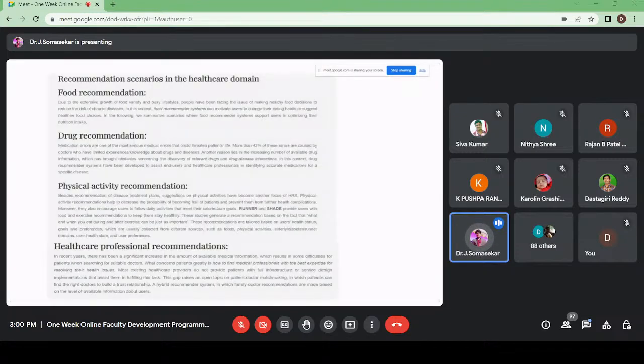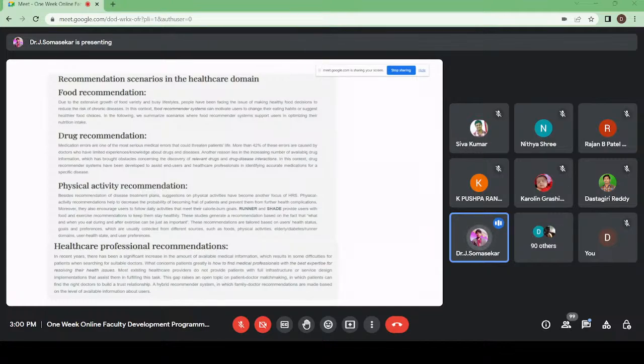We have so many recommendation scenarios in the healthcare domain, like food recommendation. Based on the disease, what type of food you have to take, that type of recommendation. And drug recommendation, based on the disease, what type of drugs. Drugs means here tablets. Suppose if I have fever, this is what you have to take. This type of recommendation you will get. And physical activity, based on the disease or maybe based on your health condition, what type of physical activity you